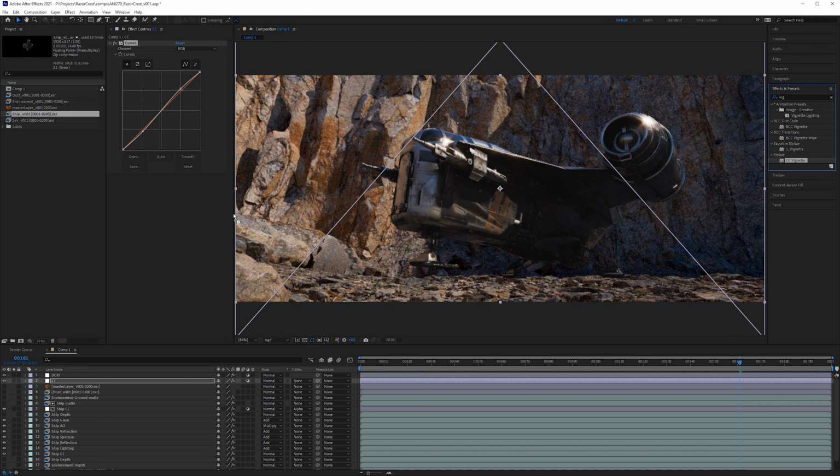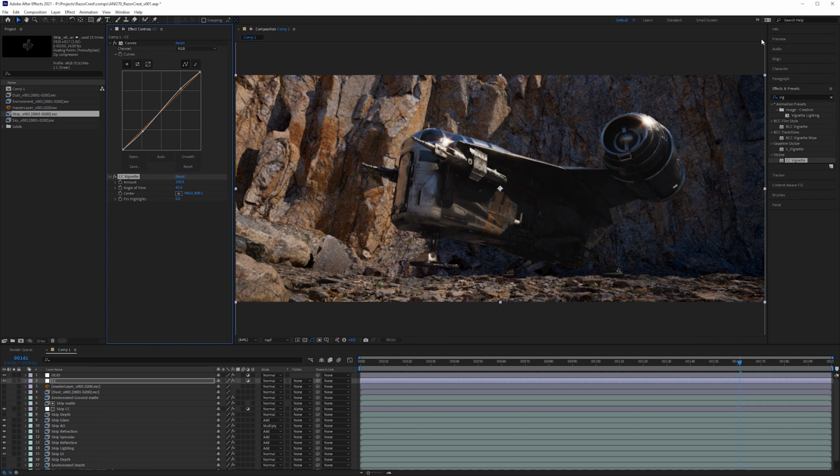So a vignette would be basically the edges of the camera get a little bit darker. It's more of a feature that occurs with older cameras, but you can also get the same type of thing on newer ones if you have what's called a lens hood. So poor quality lens hoods, they basically stop lens flares from affecting the shot. Because quite often you don't want lens flares, sometimes you do.